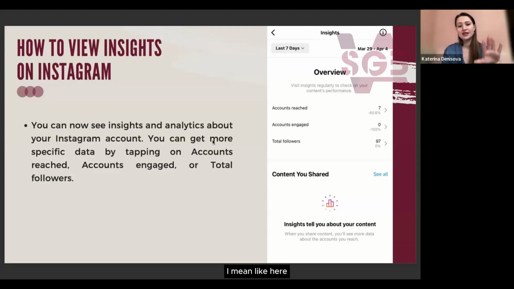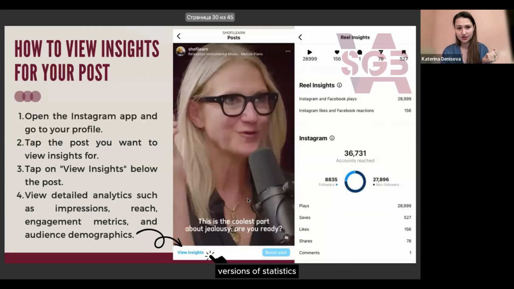I mean, inside Instagram you can only see statistics, but you can't download them and show them to the client. You can show only print screens to the client, but through special apps, you can download statistics and send them to the client. For me as an agency, it's more useful to use reporting versions of statistics.